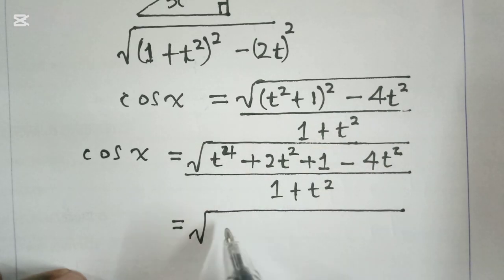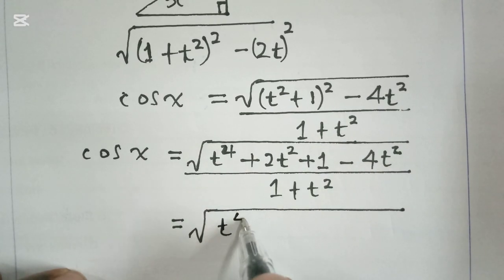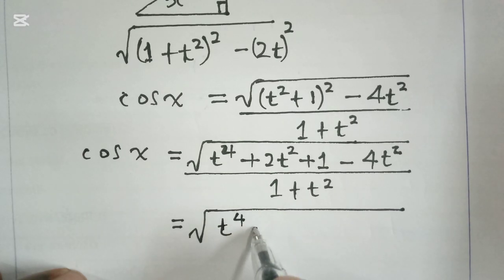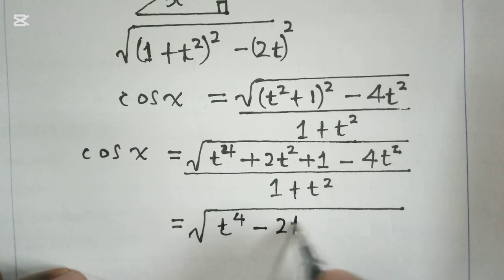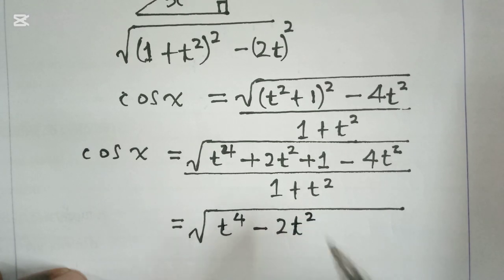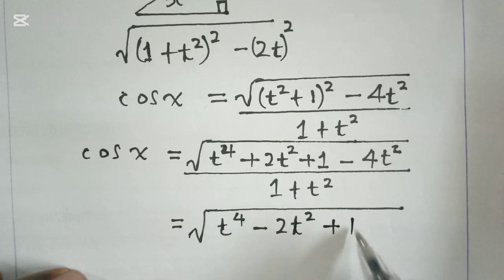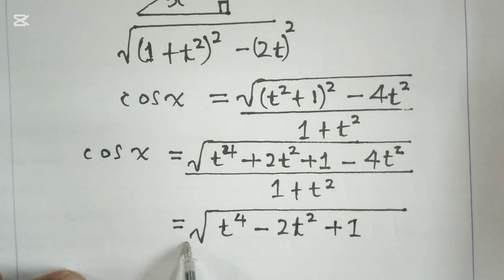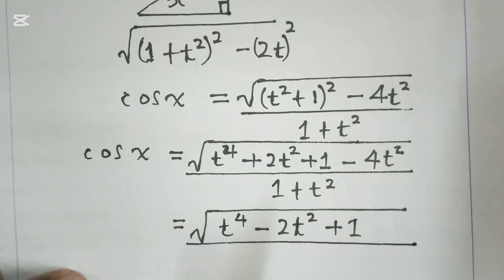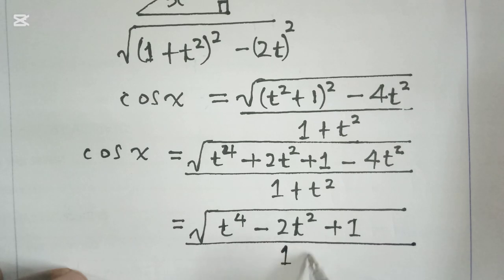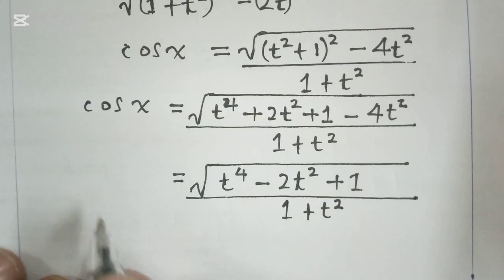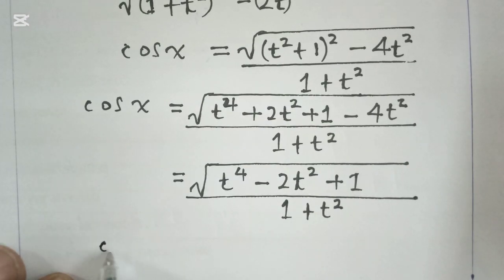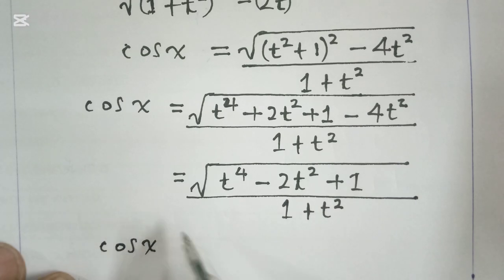This gives us now t raised to 4 minus 2t squared plus 1 all over 1 plus t squared. Guys, we continue. So we shall have our cos x being equal to,